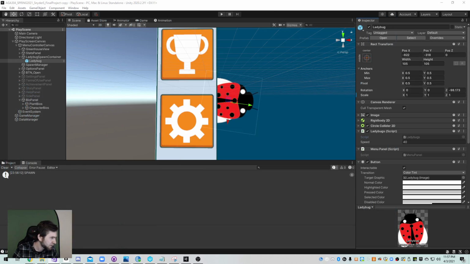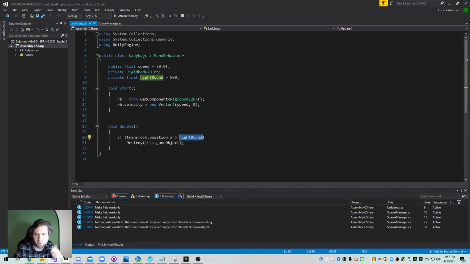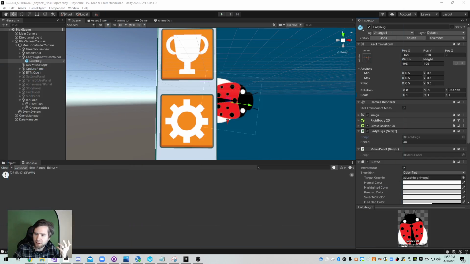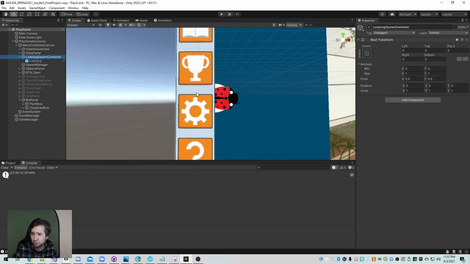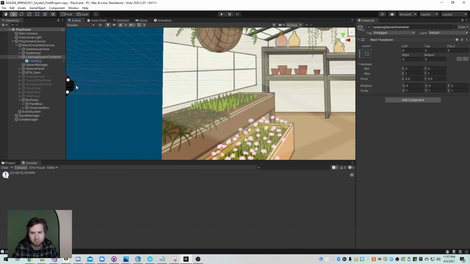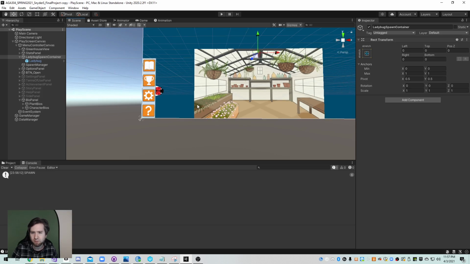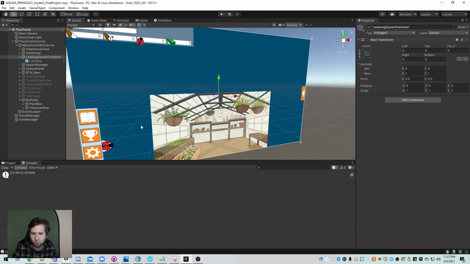If its position is more than the right bound, then destroy itself. Fair enough. I could do something else. I'll think on that in a little bit. So let's first make sure that it spawns within